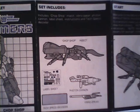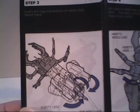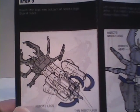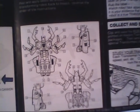Let's get these opened up, and let's take a look. This page that has all of his accessories and such. And then we go into the slow detailing of how to transform him. And here we go. Arm him up with his weaponry. And possibly the fun part, putting on all those stickers. He had quite a number of stickers on him